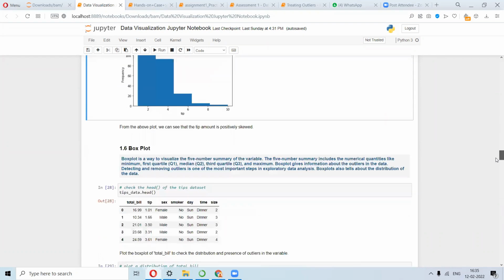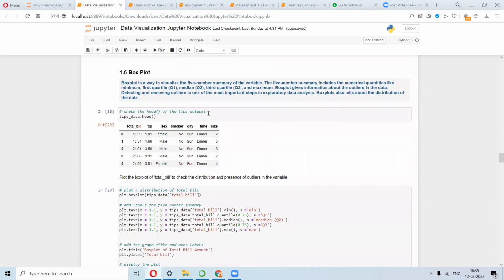Okay. Next is box plot, which is perhaps the most important thing when looking into a data set, because this can really give you so much information. So let's just read out. Box plot is a way to visualize the 5-number summary of the variable. There are 5 things that you get from here: minimum, first quartile, median, third quartile, and maximum.